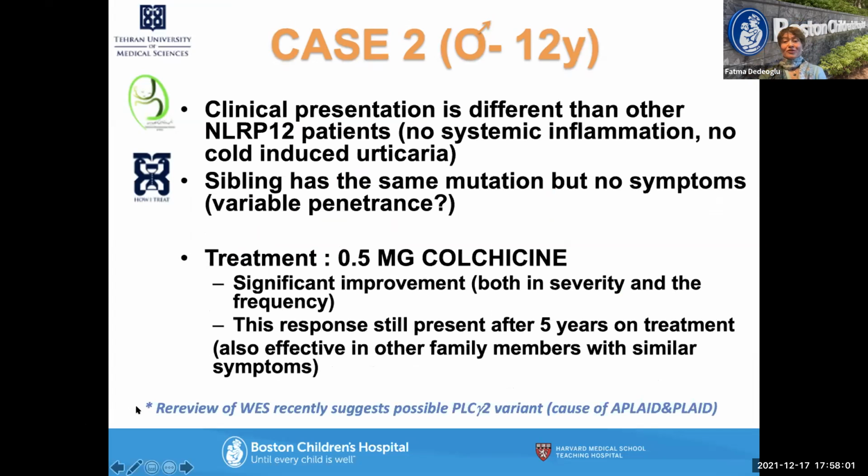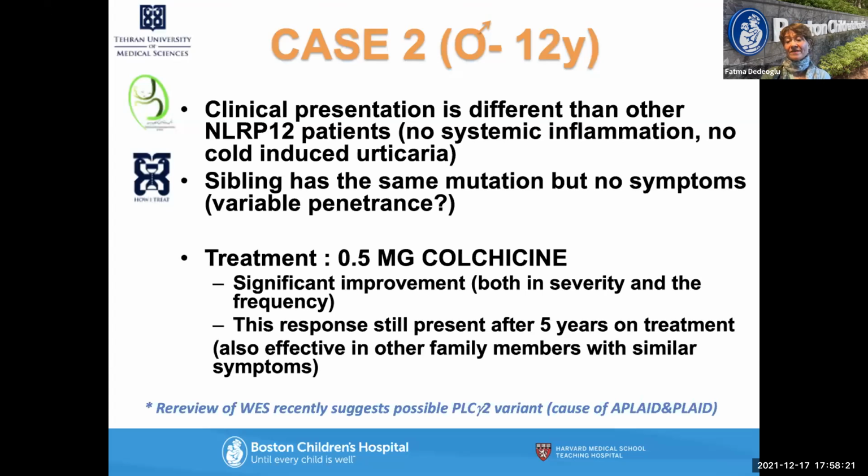But just the twist on this is that we decided to go back as the phenotype and the family member didn't make sense. With this, we re-reviewed the whole exome sequencing in this family, and there's a possibility that they might have